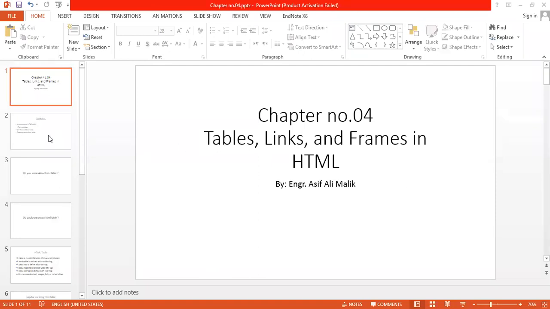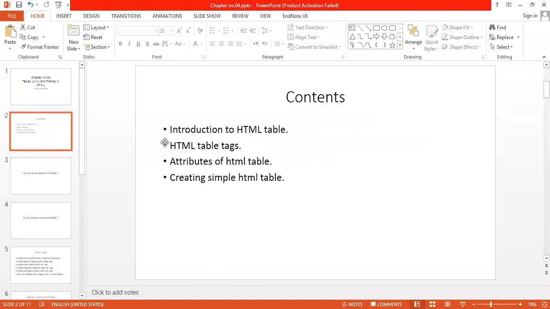The agenda of this class is to become familiar with the HTML table, and with all the tags that are useful for the HTML table. Then we will also study the attributes of the HTML table tags.